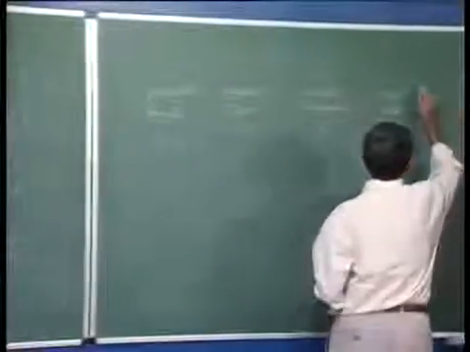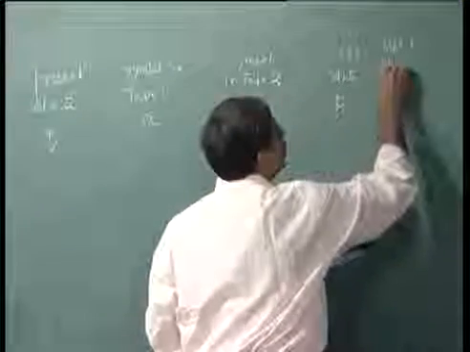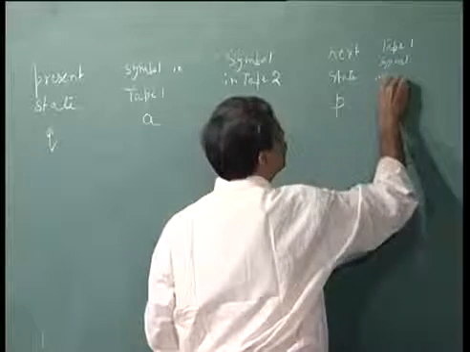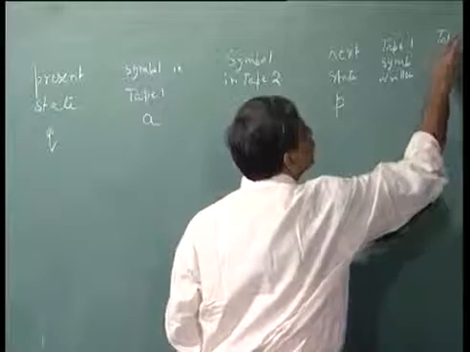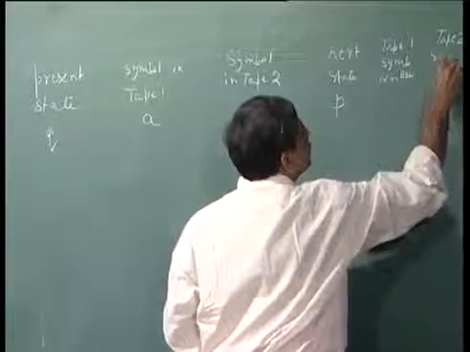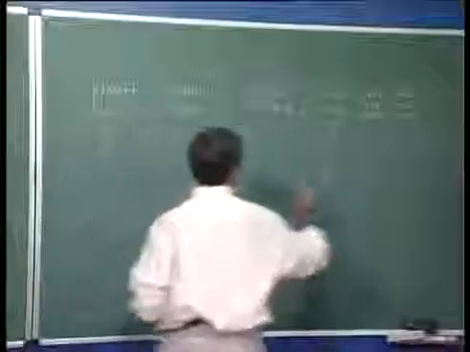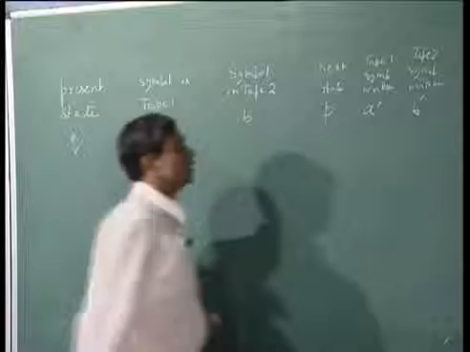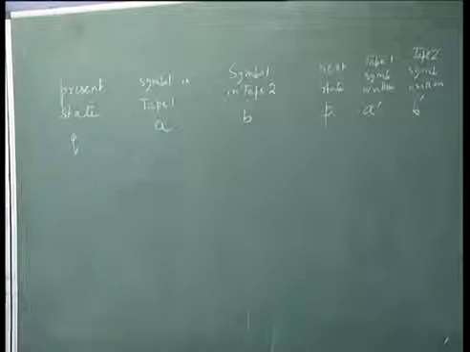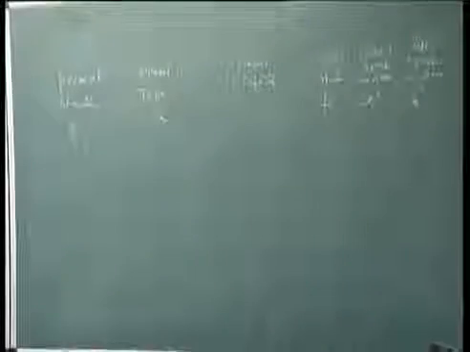So, we say tape 1 symbol written, tape 2 symbol written. So, let us say it writes A prime here and writes B prime here or some other symbol. So, B is changed to B prime in this tape, A is changed to A prime in this tape, and